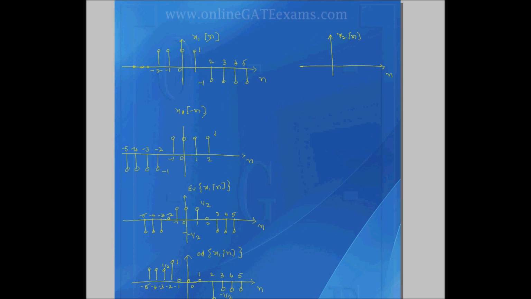Okay, so this is our x2 of n. So let us take its value at minus 2 to be minus 1. Okay, next at minus 1 to be 2, next at 0 to be 1, at 1 to be 1, at 2 to be 1, at 3,